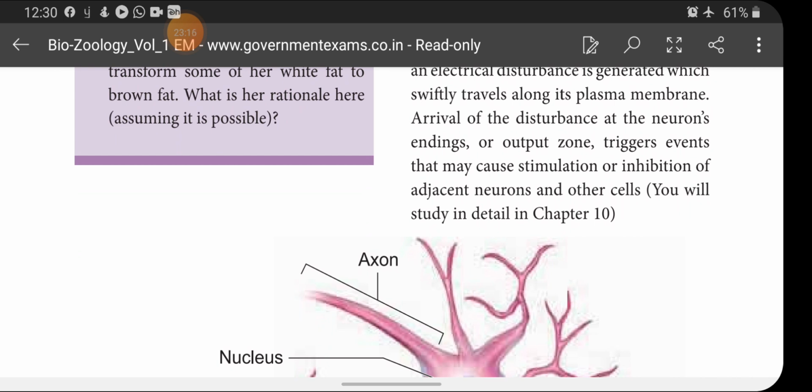And today's homework, children, explain the various types of connective tissue. There are three types: dense connective tissue, loose connective tissue and specialized connective tissue. Loose connective tissues are of three types: areolar, adipose and reticular. And dense connective tissues: dense irregular, dense regular and elastic. And the third one is specialized connective tissue, in that cartilage, bone and blood. And this you learn thoroughly and send it to me.